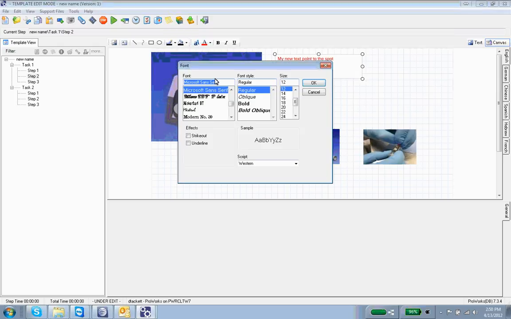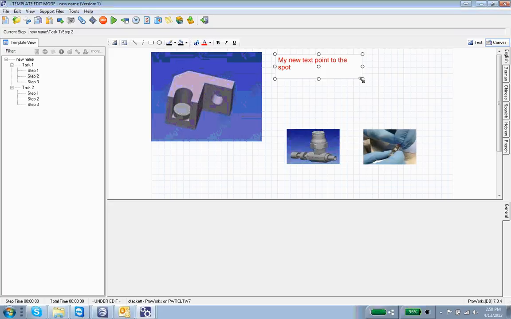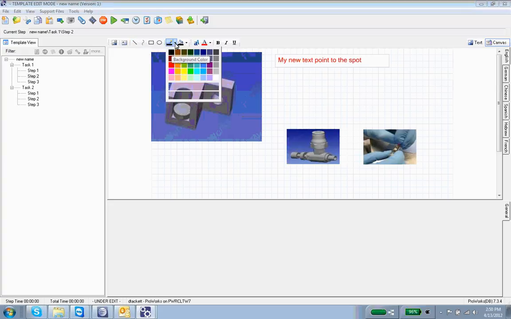We can go ahead and change the font, size, maybe we need to make it really big. Mess around with it, that's great. All right. So the real thing that most people use this for is to go ahead and do lines. So I use the line function here, and I've got an arrow, and hey, I'm pointing to exactly what I want to point out. If you want to get fancy, you can do curves,